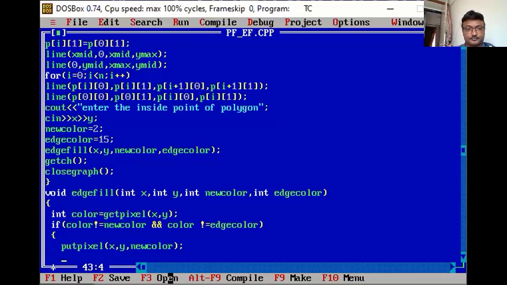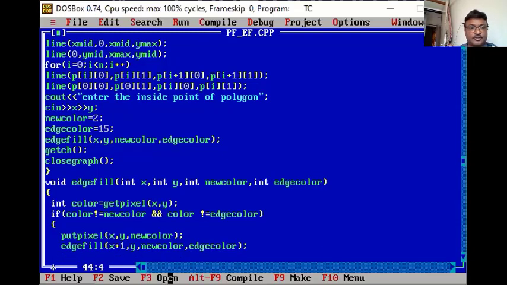So hfill, I have to call x plus 1, y, new color, and age color. So that is my first hfill. Then hfill x comma y plus 1, new color and age color.